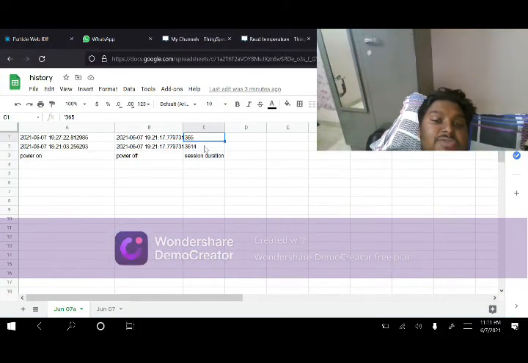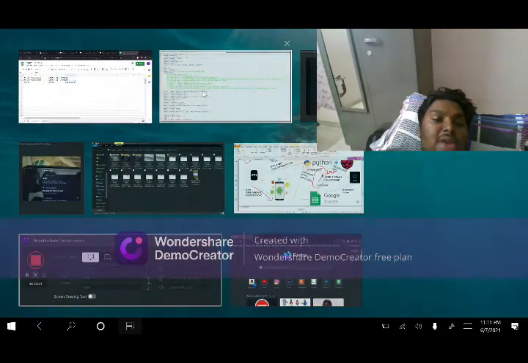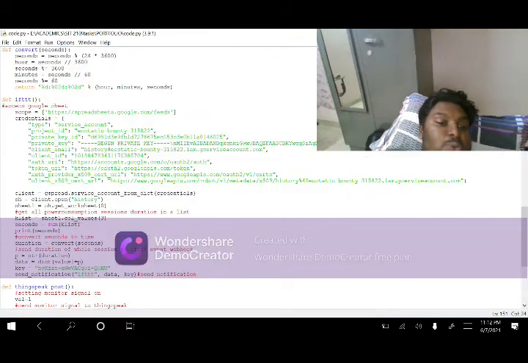Here it is 365 and 3614, so both will be added, and then it will be converted into a time duration, and this time duration will be sent as data to the IFTTT key.